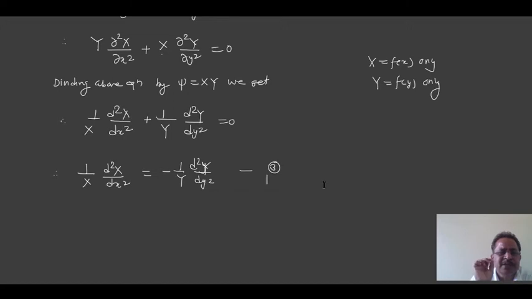The speciality here is the left hand side is a function of small x only, whereas the right hand side is a function of small y only. There is no y dependence on the left hand side, there is no x dependence on the right hand side. So these two sides of the equation independently depend upon two independent variables, small x and small y, and therefore this equation can be true only when both the left hand side and right hand side are equal to some numerical constant.